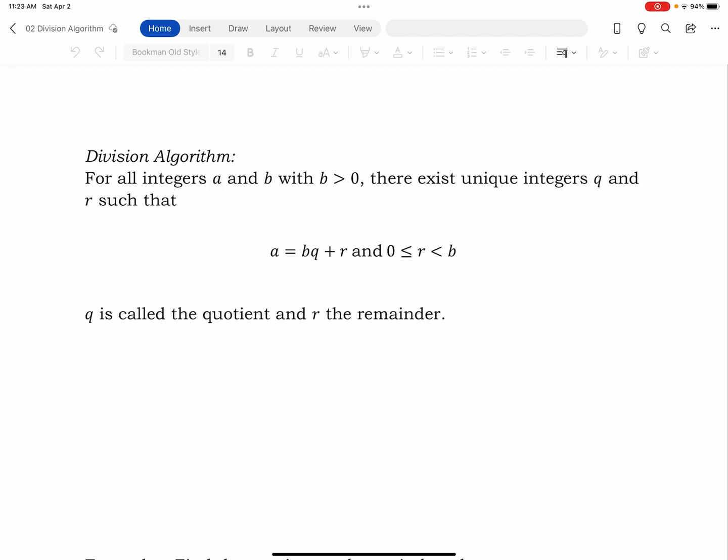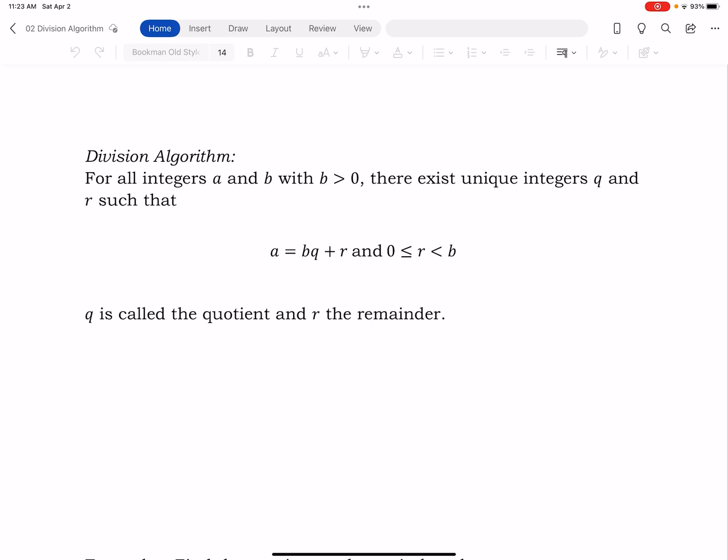So let's talk about the division algorithm. The division algorithm is sort of like when you did long division when you were little, and you said two numbers divide and you found the quotient and the remainder. What the division algorithm says is that for all integers a and b with b positive, so we're